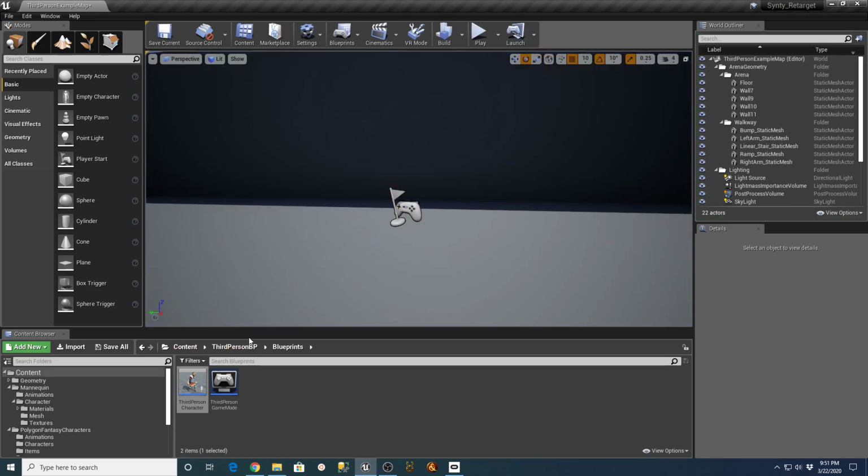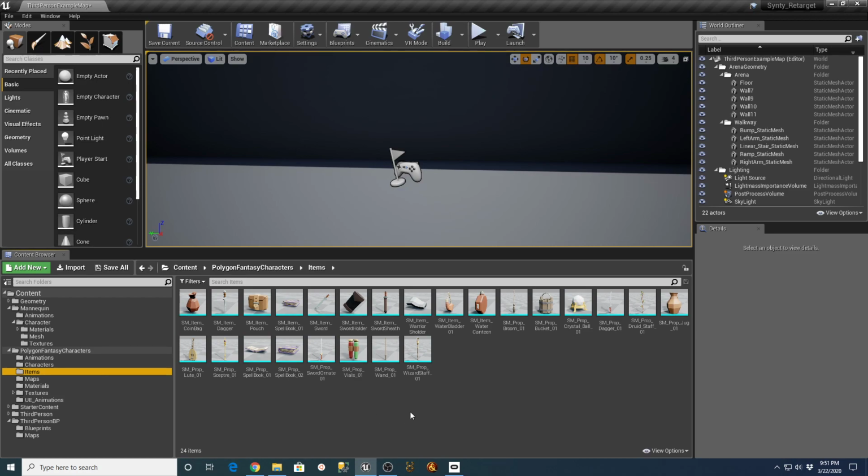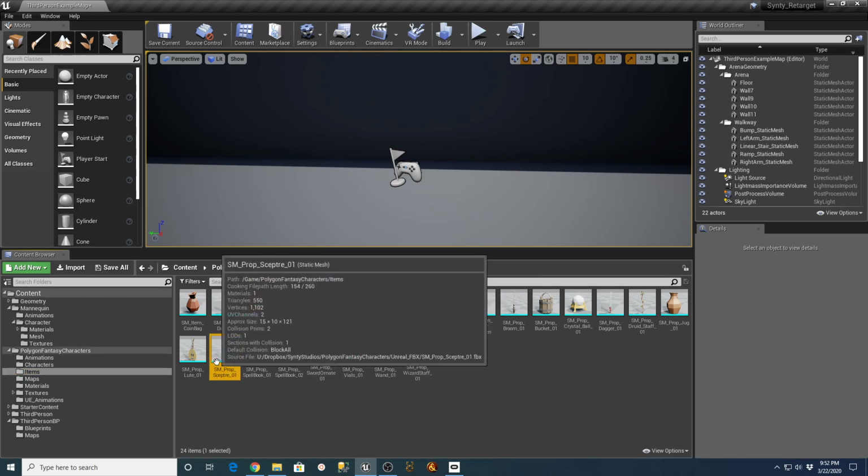I think they even have in this character pack, they have a couple of, see what's in the items folder. So there's a dagger. A wizard staff. There's the scepter.